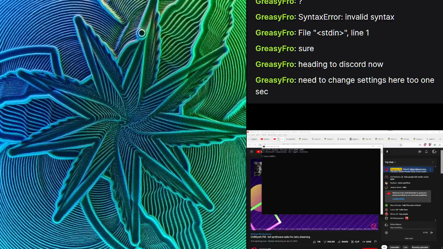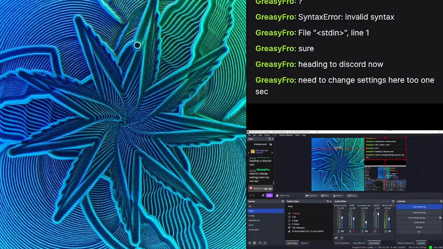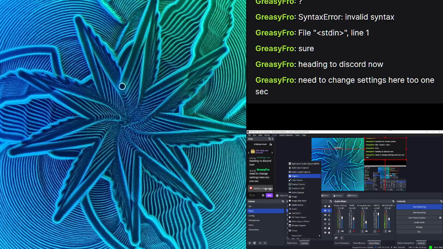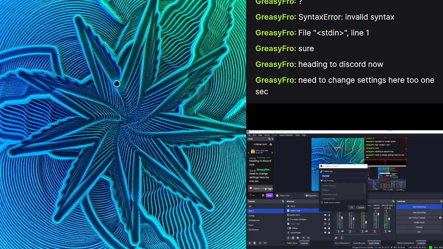No scripts. I can show you. Wait, can you still see my screen? So go down to sources, down here, and do an add source, browser. Then you can create a new one and give it a name. Smyrnibot.